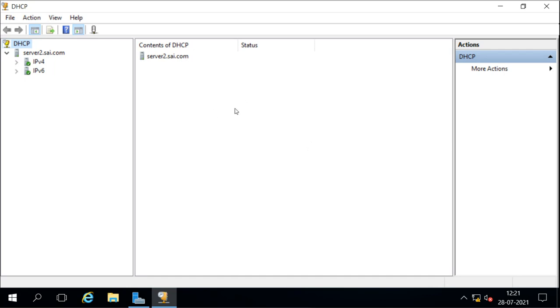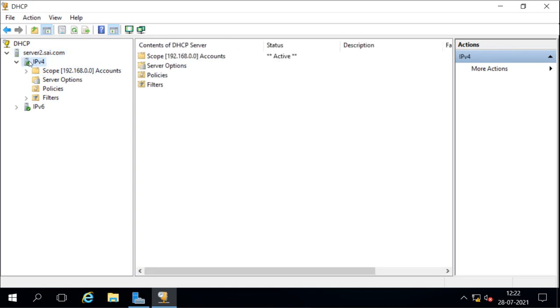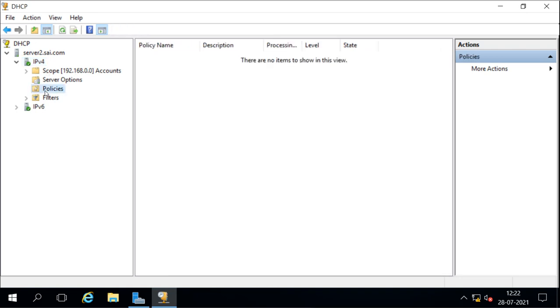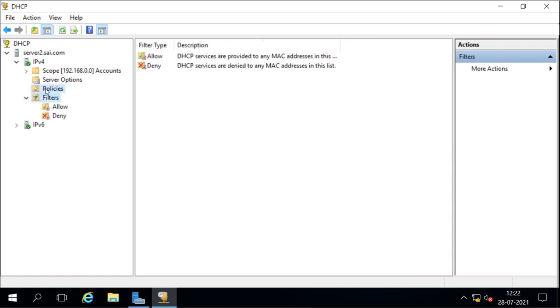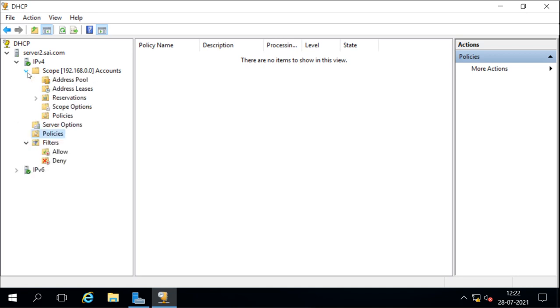This is our DHCP server here, and in this we have a scope. This is our scope which is running right now. It is active. So the policies option we have here. Here we can create the policies, and also the filters. Right now there is no policy for the server, and also no policy for the scope.